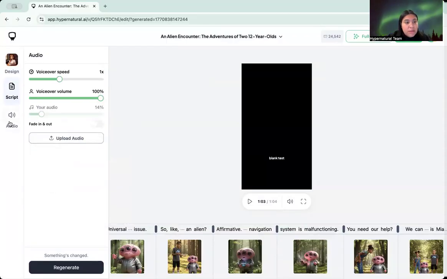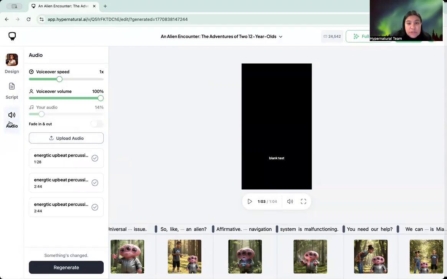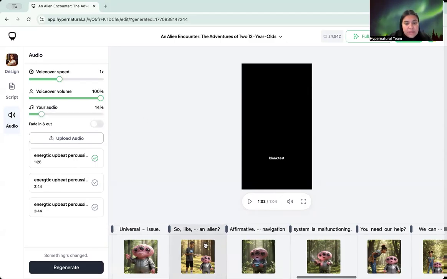And lastly, our audio tab. So our audio tab handles our voiceover speed for the entire video. You can make it faster or slower depending on what you're looking for. The voiceover volume for the entire video. And then here is also where you can add background audio to this video. So I could add this